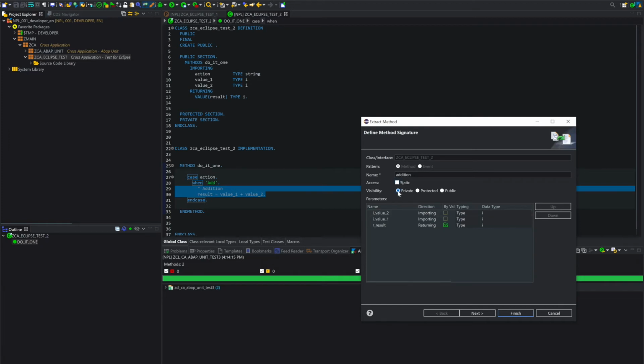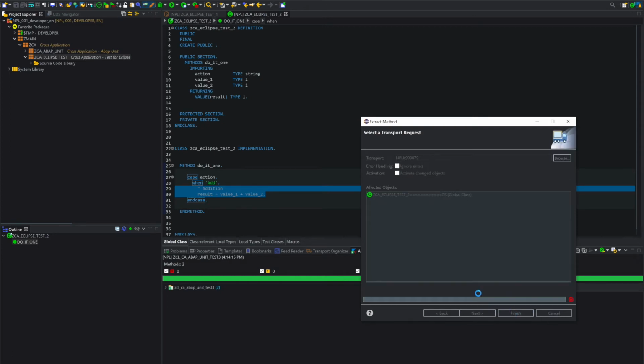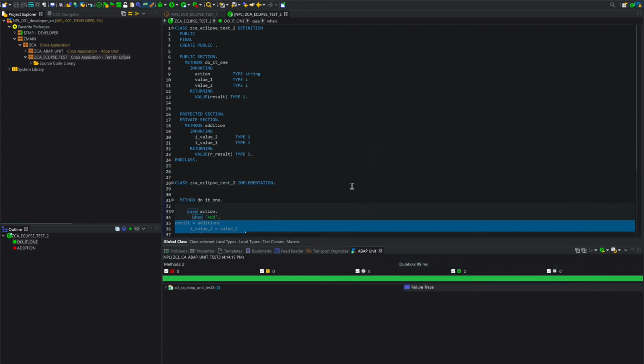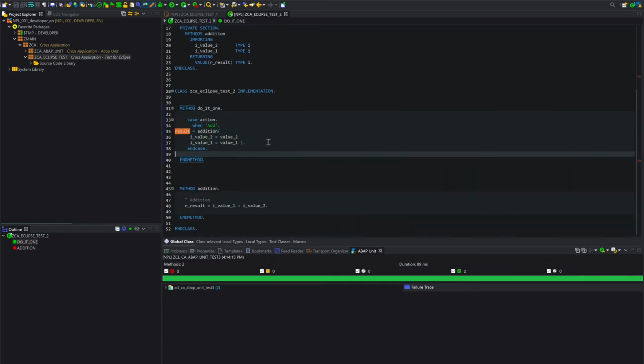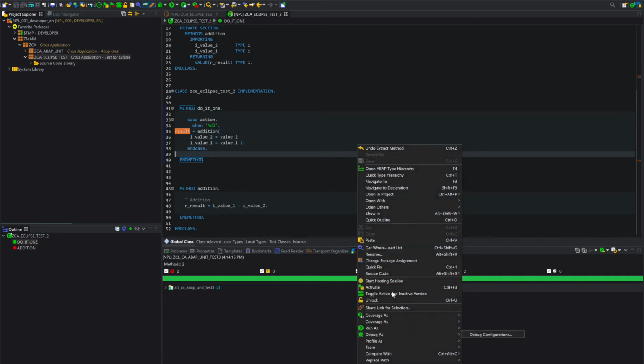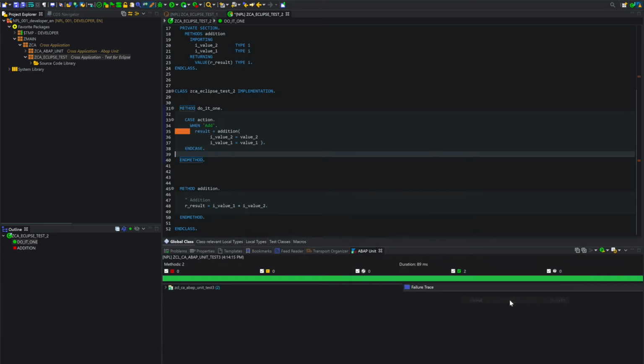By default, it proposes me as private. I will use private. And it catches most of my expected parameters. So I just finish. I format the text. It doesn't want to format. Source code format. So now there is addition and I do directly the action. And I have created a method with my comment and addition.